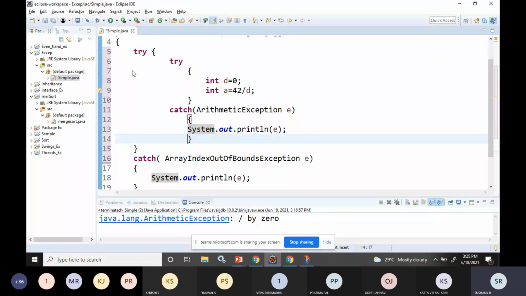See, this is my inner try statement. First, it will encounter the exception. So first, it will look for the catch that is present inside this try block. So this is my inner catch block.